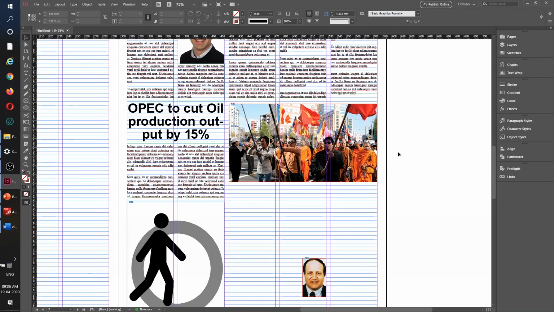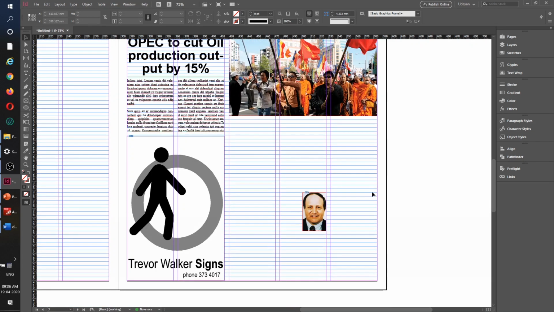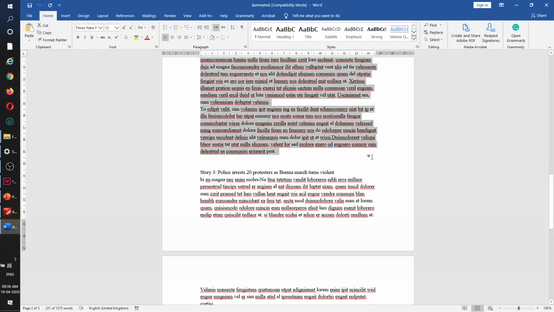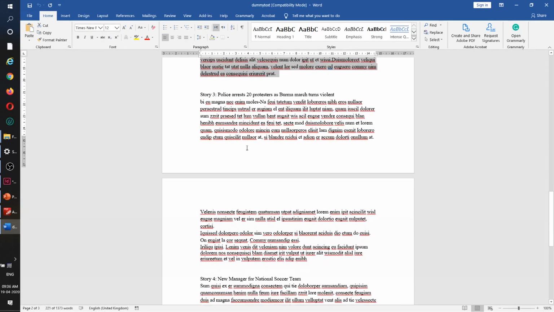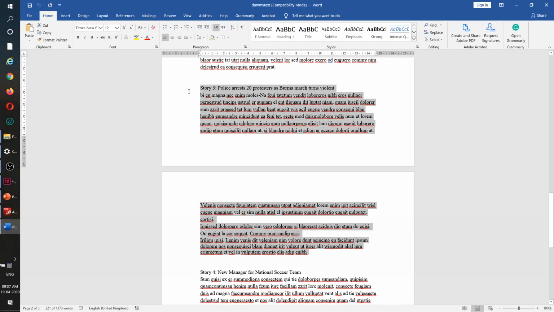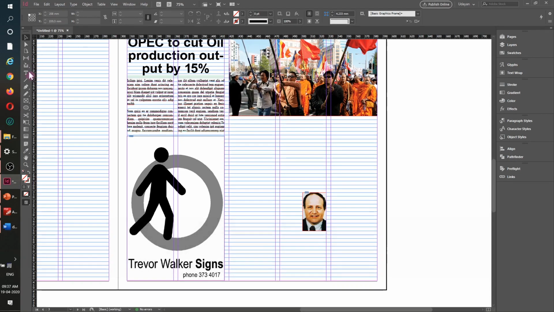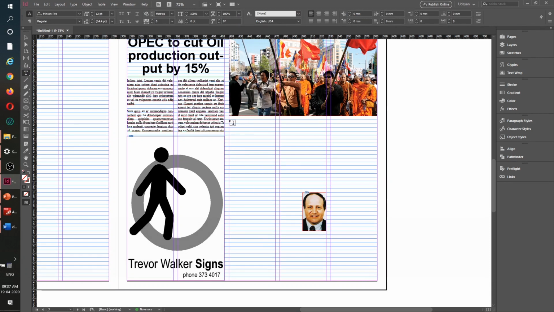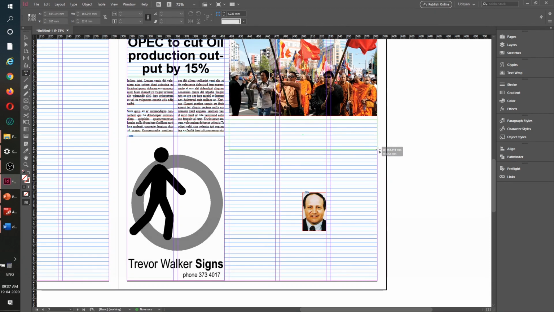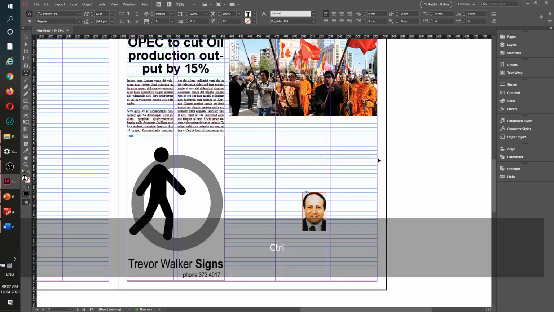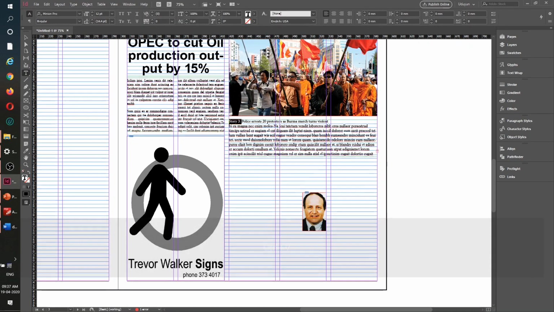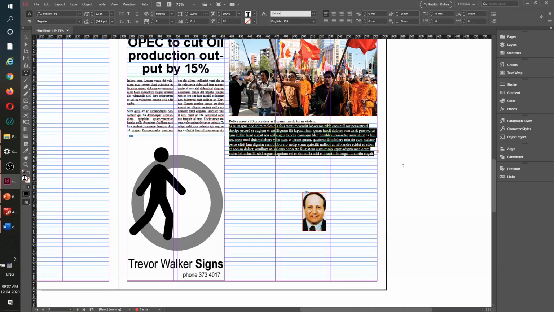So my image is looking nice. I will write a headline here and follow the story down there. Okay, so let's see what is the story. So here is the headline and here is the story. So I'll copy this. You know the drill. Take the text tool. Okay, you can place it like this. Done. Control V. Then this police story part I am deleting.